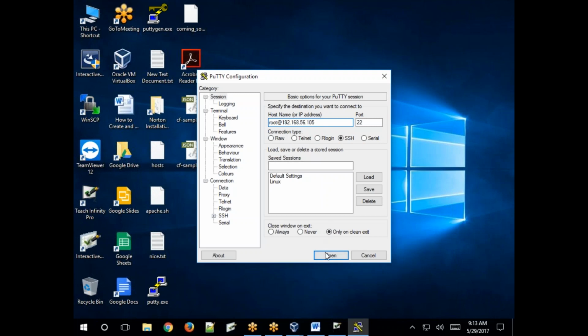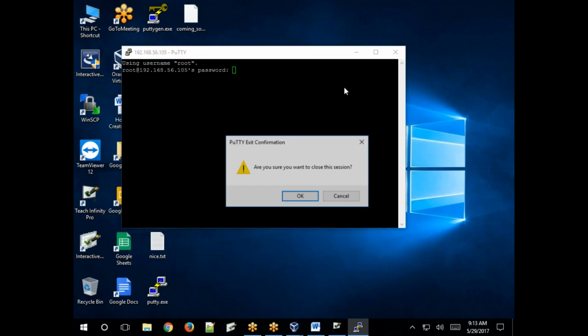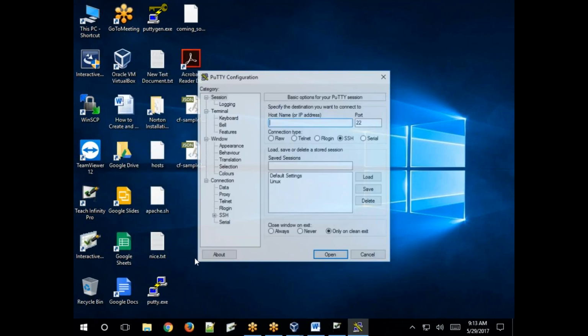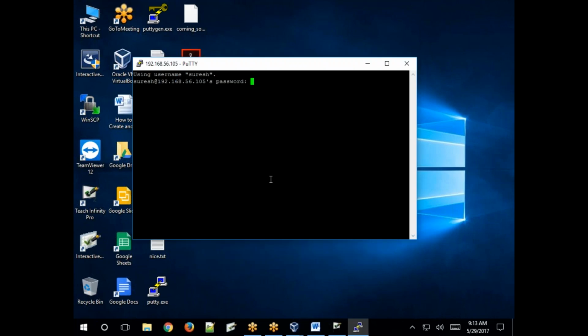When you execute this, it directly asks for the password. Like this, you can also specify different usernames if you want to log in with one. It asks for the Suresh user password. Okay, enter. Like this. Clear?